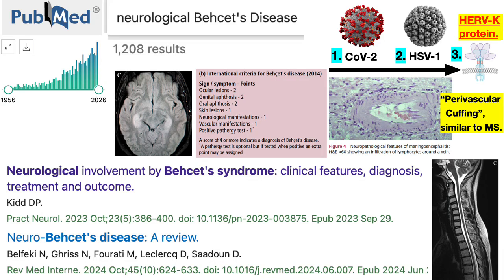These are the clinical features of Behçet's. However, sophisticated neuroimaging methods like contrast MRI can detect neurovascular lesions in the brains of certain Behçet's patients. These are then diagnosed as having neuroBehçet's. On the upper left, you see a figure from a paper on neuroBehçet's showing the neuropathological features of meningoencephalitis of Behçet's. So this is H&E, hematoxylin eosin staining, 60x magnification, showing an infiltration of lymphocytes around a